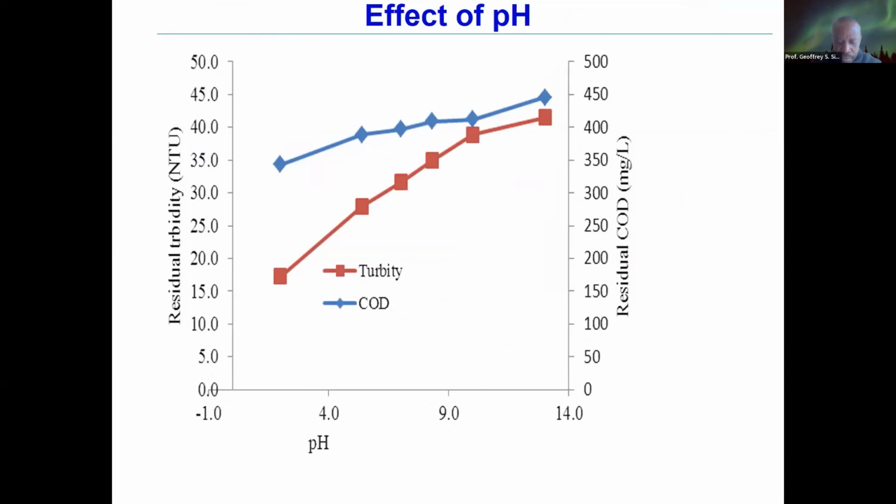So as I mentioned earlier, what we did now was to see the effect of pH and dosage on the coagulation process, but we also brought in another parameter, which was chemical oxygen demand, because the brewery wastewater contains a lot of organic materials. So that's why COD was also measured in this case. And what you see in this figure, if you look at turbidity,